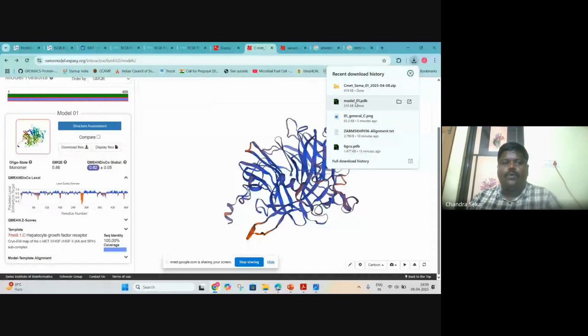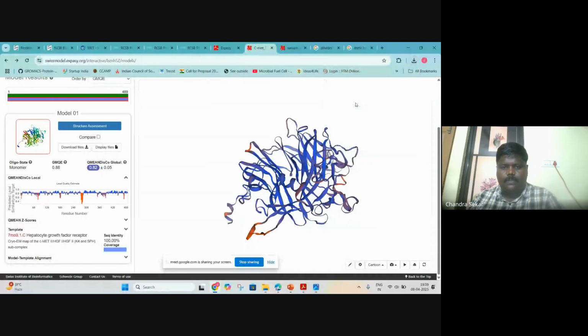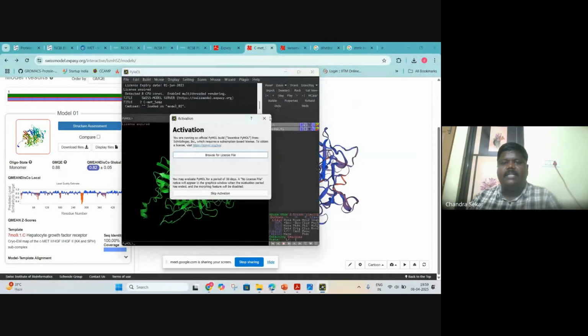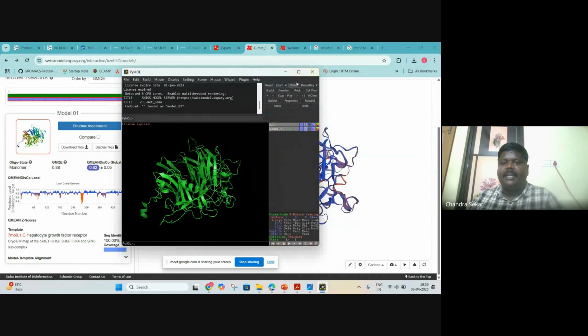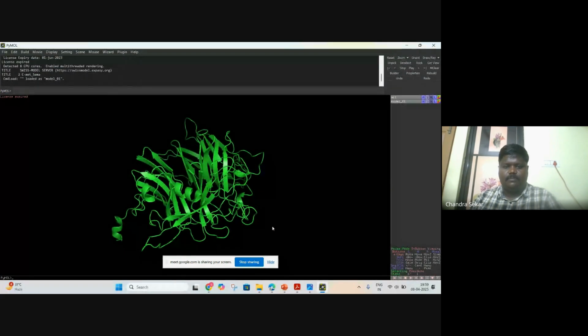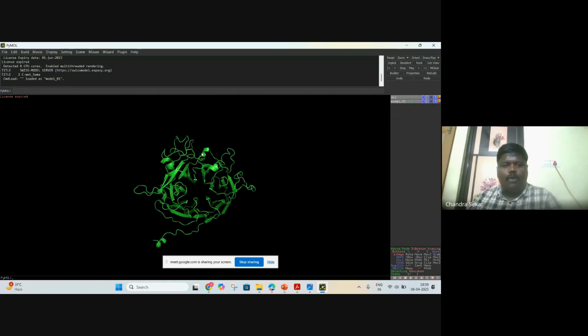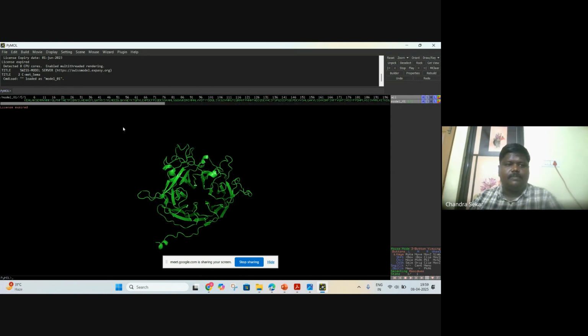Right. So I got the models. Now, since PyMOL is installed, I can go and open the model. But one kind request: then and there, save all the files and keep them in the working directory properly. Working directory I refer to as proper folders. Now we have confirmed the protein. See how good the protein looks. Now let us look at the sequence.